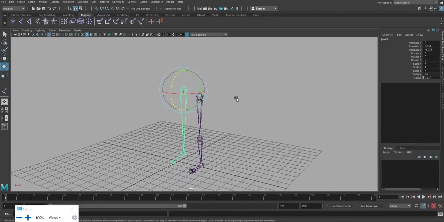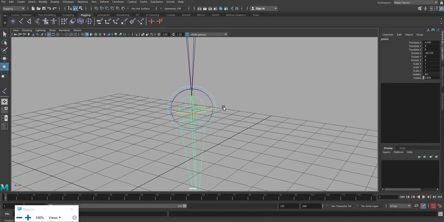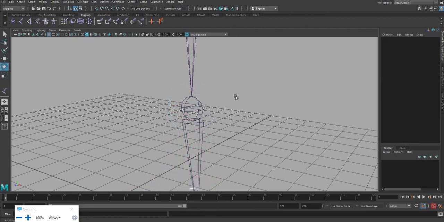I'm just deleting this. Let this one be here. You can see this joint is getting rotated. I am rotating it in the X axis, and this is the Z axis, and this is the Y axis.